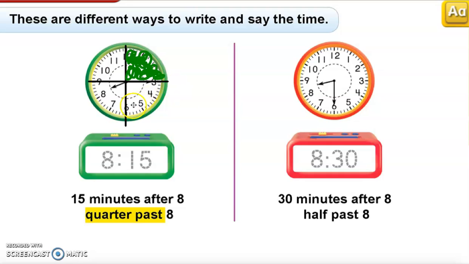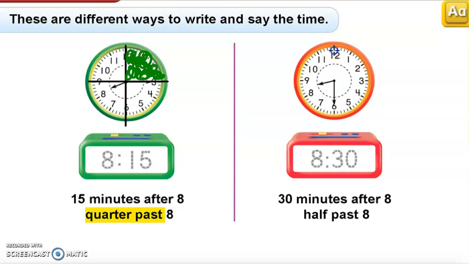But just know that 8:15, 6:15, 7:15, whatever the hour is, whenever that minute hand is on the 15, you can also say 8:15. Same with the one over here. So we see that this clock is showing 8:30 because the hour hand is pointing in between the 8 and 9, and the minute hand is pointing at the 6, which means 5, 10, 15, 20, 25, 30 minutes have passed. And so you can also say 30 minutes after 8, and you can also say